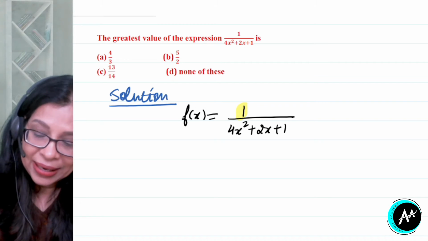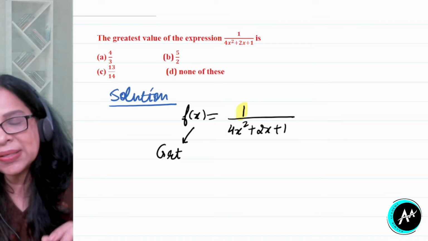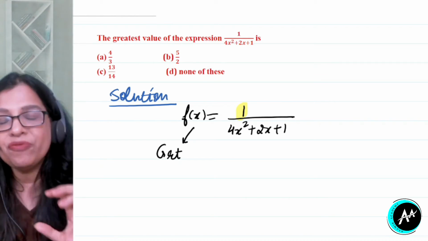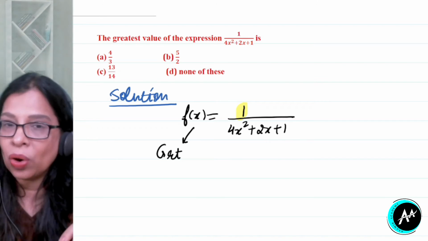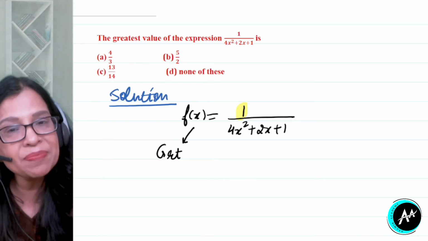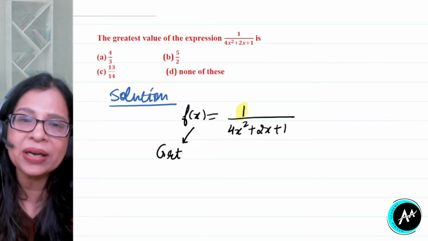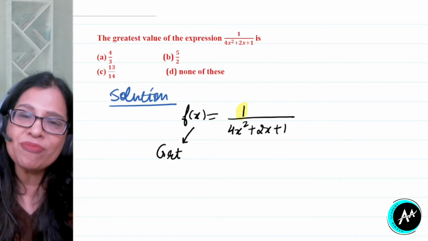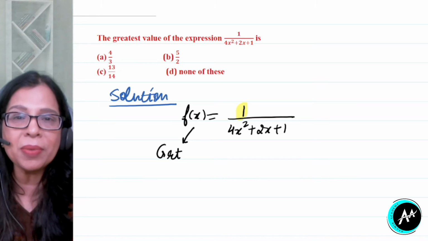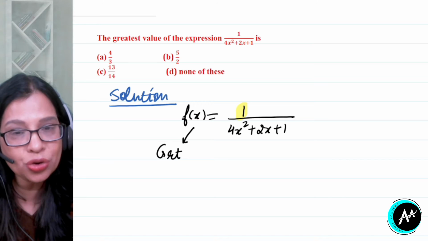So if I want that fx should be greatest, I want this to be greatest, so that means denominator should be minimum. Alright, because numerator is constant. Whenever numerator is constant, then the whole rational expression will have greatest value if denominator is minimum. You know, it's as simple as that. Suppose you have one cake. Numerator is 1, you have one cake. Suppose it's your birthday. You want to have maximum piece, then you invite minimum number of people. So when you divide a cake in minimum number of people, you will get the largest piece. So that means denominator here should be minimum.